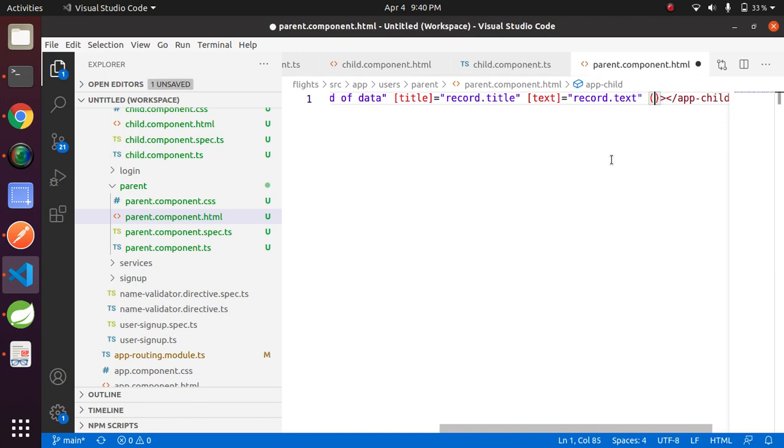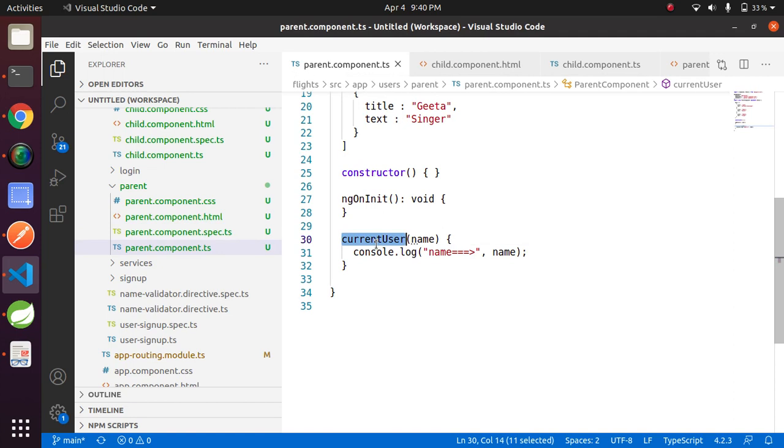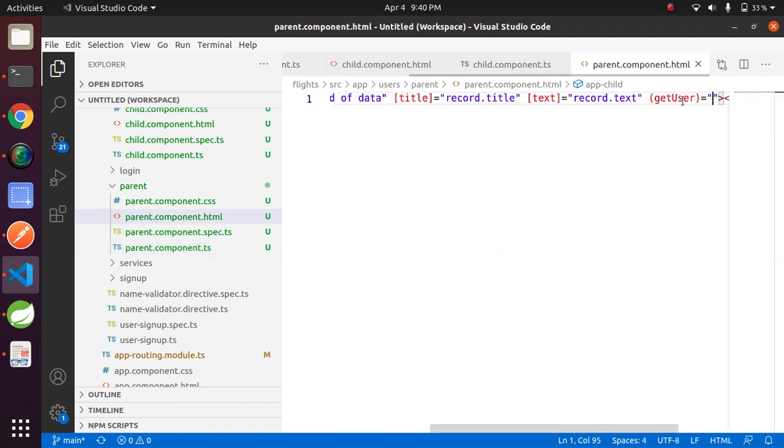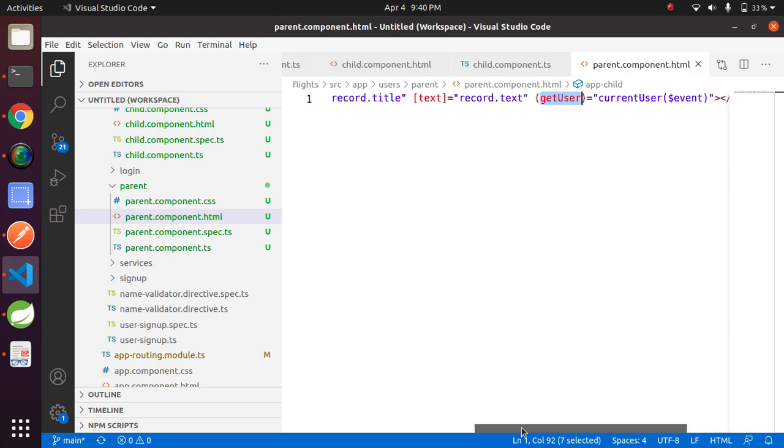Put it like this: getUser equals, copy this currentUser, and put $event. Now getUser has subscribed to the method currentUser.